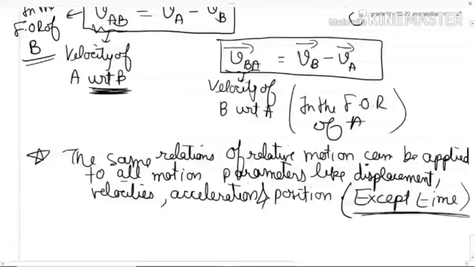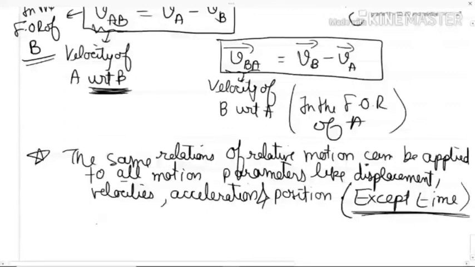Please remember, time is the only thing which is exceptional in the frame of reference, because with respect to you, the time is running exactly the same way as it is with respect to me. Doesn't matter whether I'm moving with 2 meter per second, still 1 second is 1 second for me. Till the time that the object is moving with very low velocities, you won't be able to change the time. Time will run the same.